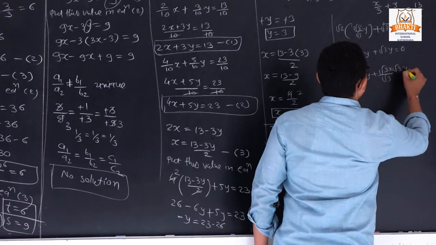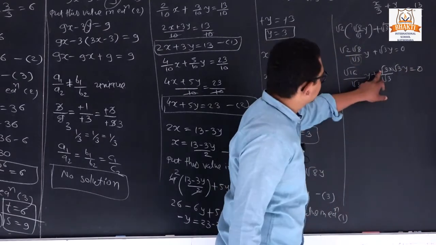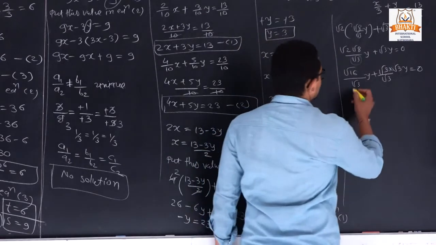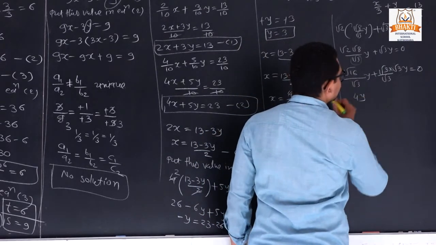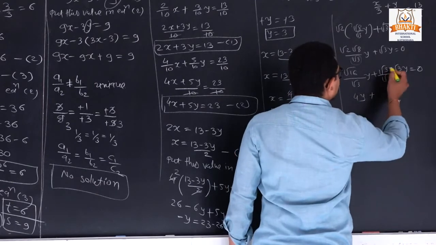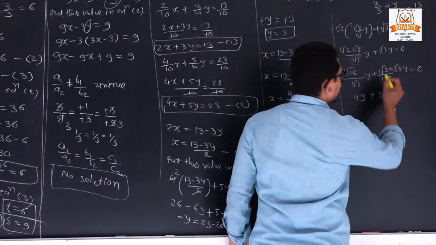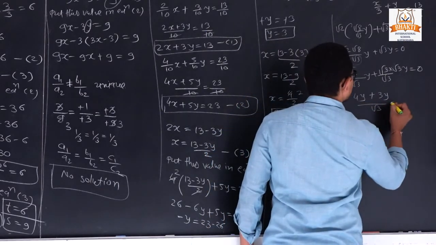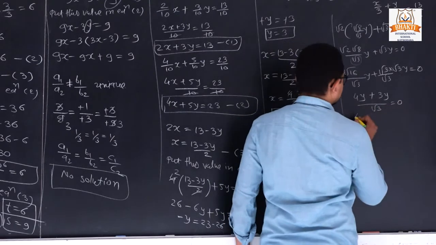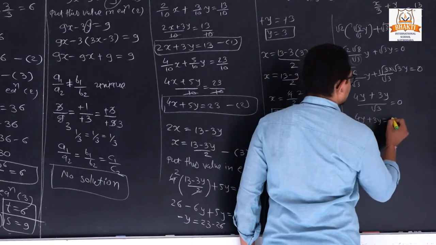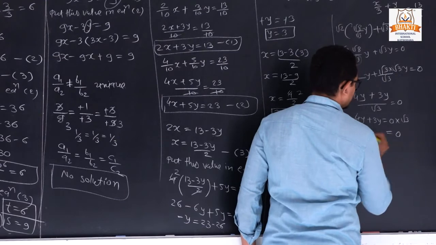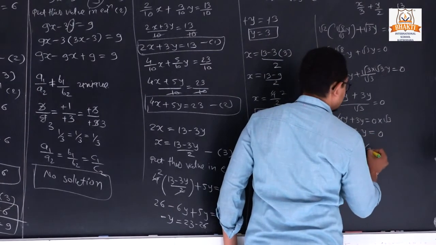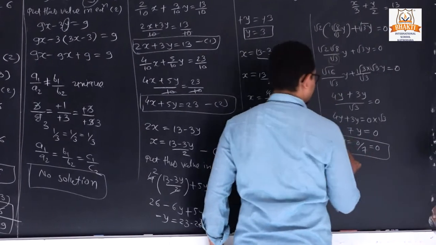And here if we want to take our LCM, we multiply and divide with root 3, because we want to take root 3 as our LCM. So root 16 means 4y plus root 3 into root 3, so only 3y, because we have root 3 into root 3, and upon root 3 is equal to 0. So this is going second side, so 4y plus 3y is equal to 0 into root 3. So answer it is 0. 4 plus 3 it is 7y, and this 7 is going second side, so 0 by 7. So answer it is 0.